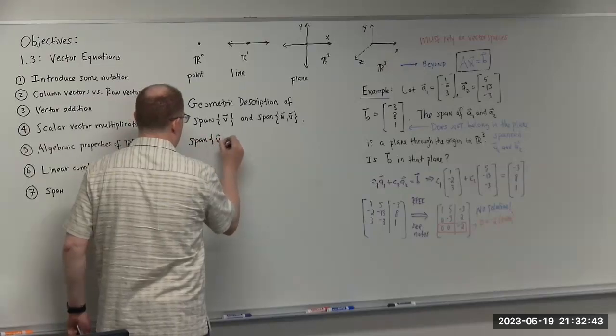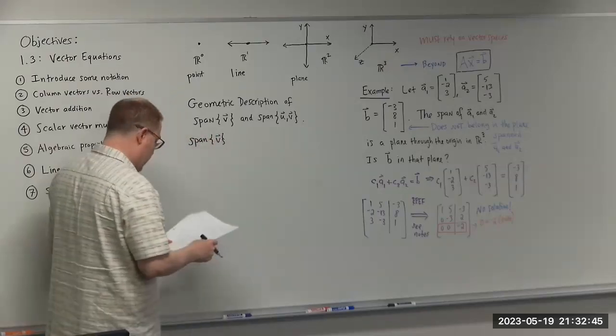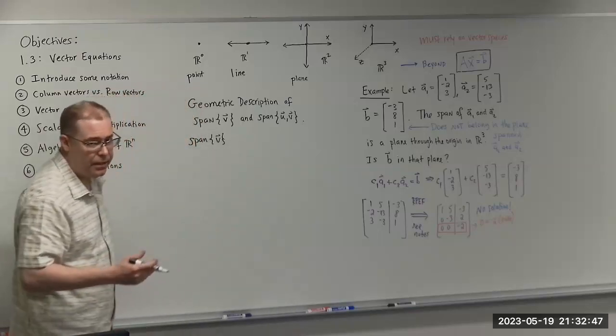When we say the span of just one vector, what this is describing